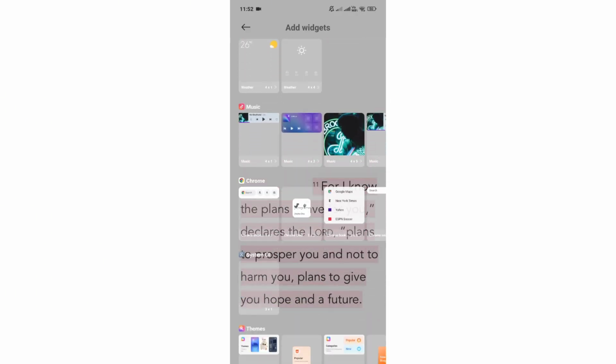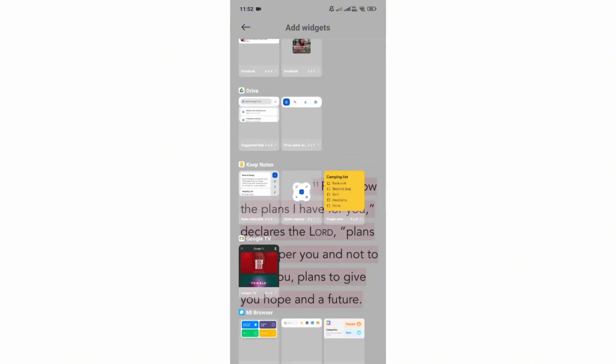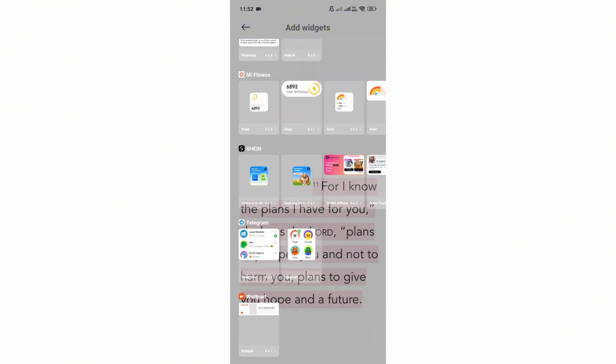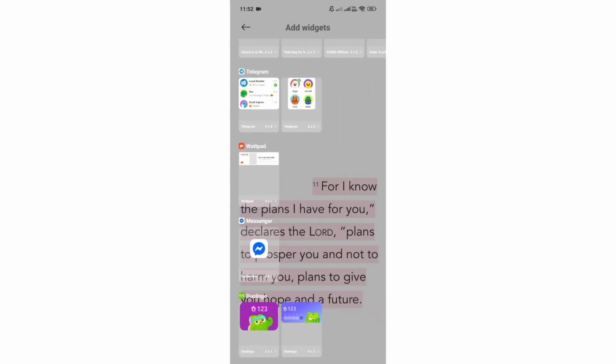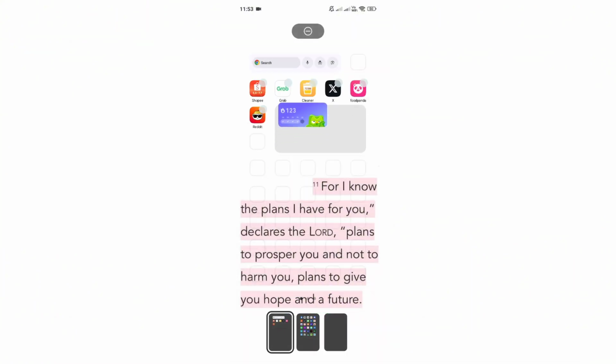Now go ahead and scroll down and look for the Duolingo widgets from the widgets section. So just scroll down until you reach the bottom, and then at the bottom of the widgets you'll find the Duolingo widget. So go ahead and select the widget type that you want to add into your home screen, and